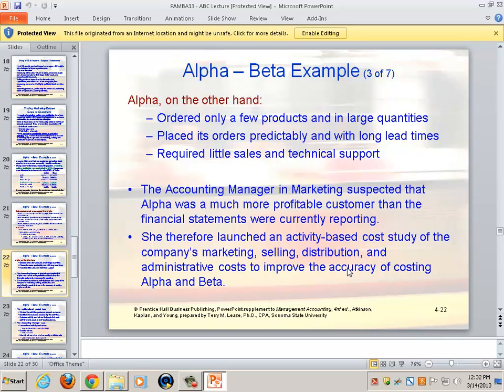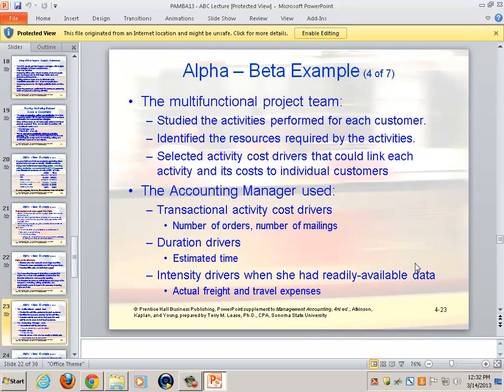And marketing activity to identify linking. So basically, the steps that were undertaken